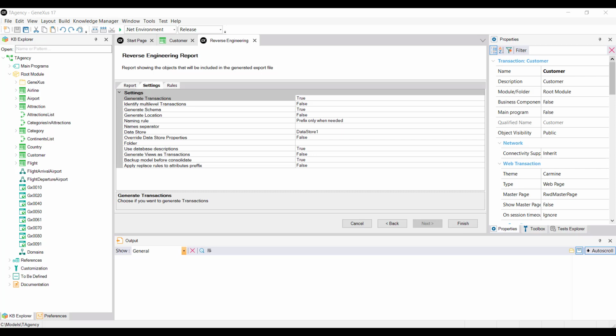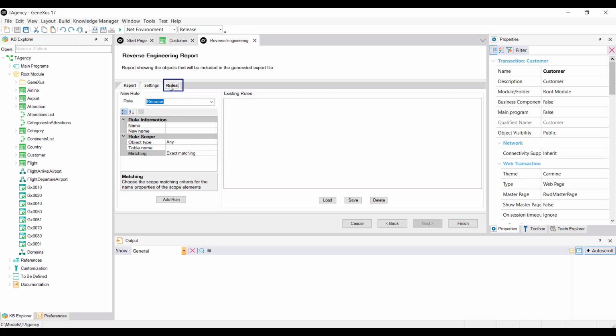We're not going to continue looking at each of the possible configurations, since by clicking on them, the necessary help is provided. So let's continue with the Rules tab. Since objects and attributes are automatically generated from an external database, some name conflicts may occur. For this reason, the Rules tab makes it possible to define name mapping rules to solve these ambiguities.